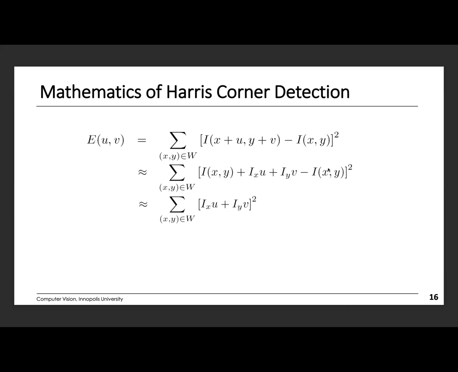And that gives us, this goes away, this goes away. And that gives us Ix u plus Iy v, all squared. And that gives us the simple formula like this. So it becomes a plus b squared, which is